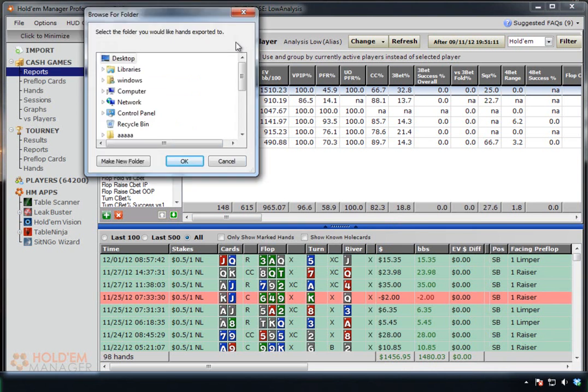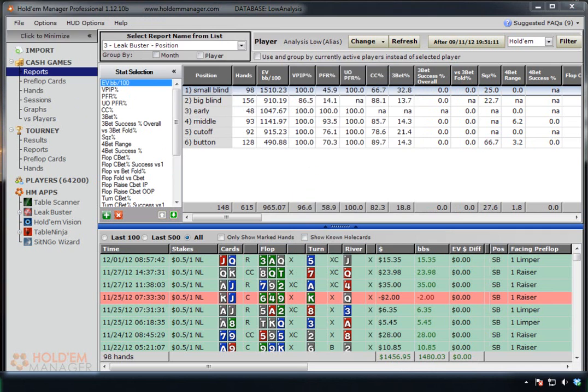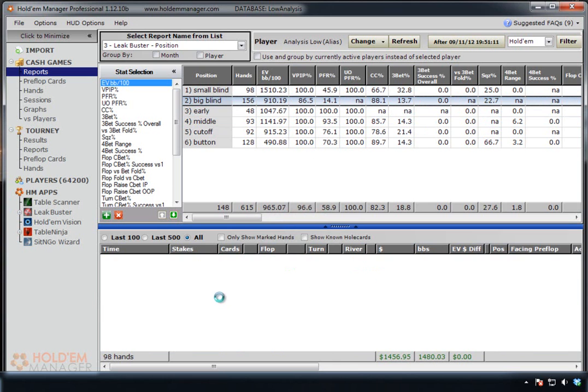to Hard Drive. Now, I already have the AA folder made up on my desktop. You could also highlight Desktop and just select Make New Folder and then do the same thing. But I highlight this, and then I click OK. And then you hear the little ding. You get a pop-up here. Now, it's not going to happen instantaneously like it did for me. It'll take a few minutes with bigger databases, but you get the pop-up that says been exported, and then you're good to go to the next